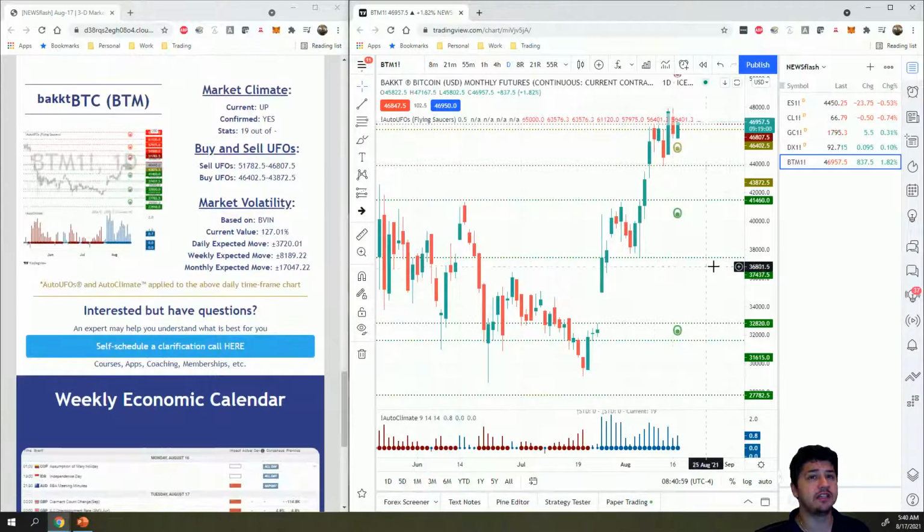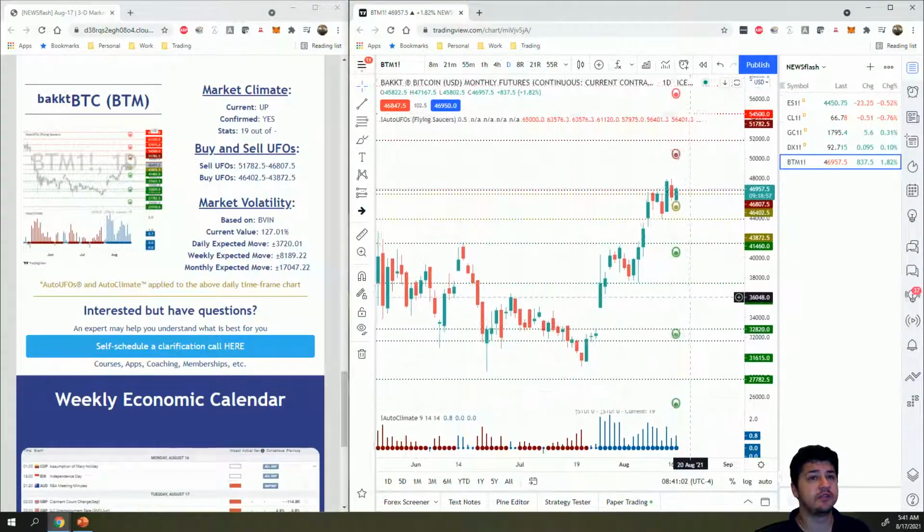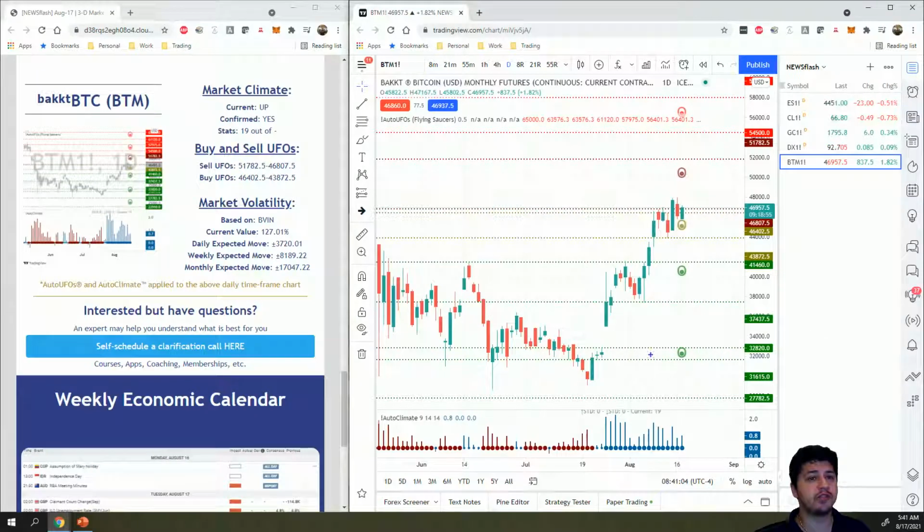Last but not least is Bitcoin. So Bitcoin has resumed its bullish move, right? It's gone from these 30,000s down here that was just at the beginning of August. Actually, I'm sorry, the beginning of July is when the move started. And since then has just kept going higher and higher with few pullbacks. We're looking at a pullback right now here. It tested at 48,000 and has since then pulled down to the 46,000s, and now is currently in a UFO